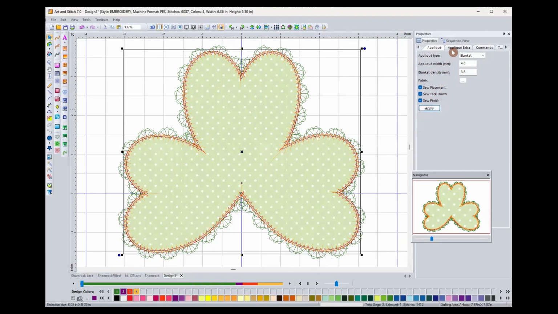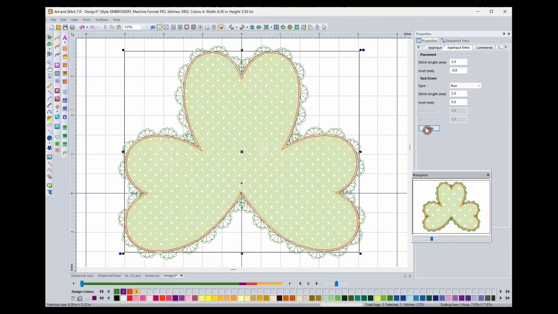So if you were to go to the Extra tab here under Properties, you can change that zigzag to a run stitch. Okay, that makes it a little better, but I've still got the run stitch. Now, you know, in an applique, you have a placement stitch, a tack down stitch, and then you have the